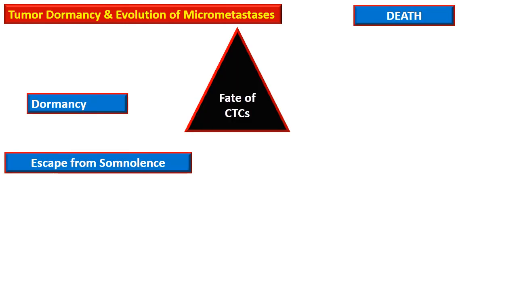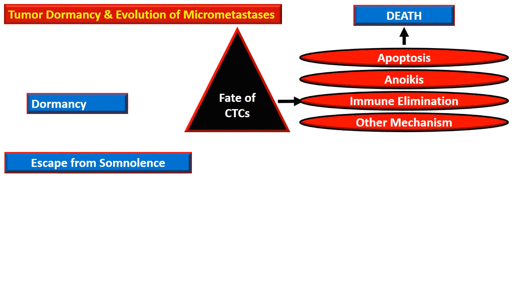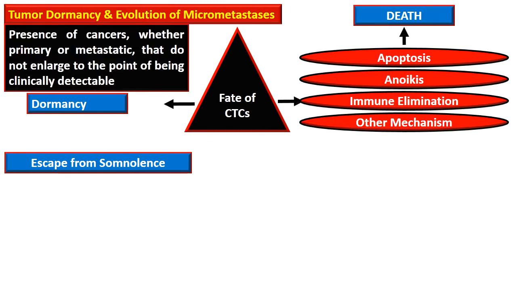What is the fate of these circulating tumor cells? They may die, they may become quiescent, or they may form a gross malignant tumor. So the mechanisms involved in the death of these circulating tumor cells are apoptosis, anoikis, immune elimination, or other mechanisms, while dormancy is a state that can be defined as presence of cancer, whether primary or metastatic, that does not enlarge to a point of being clinically detectable. So the cancer is there but is not detectable clinically, and